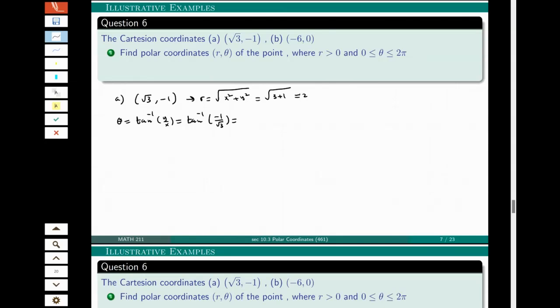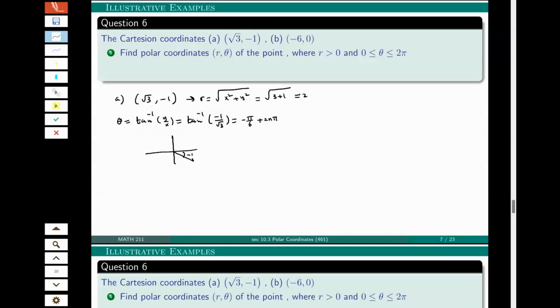If you use your calculator, you will get the answer as minus pi over 6, plus 2n pi. Okay, so we in 0 to 2 pi,